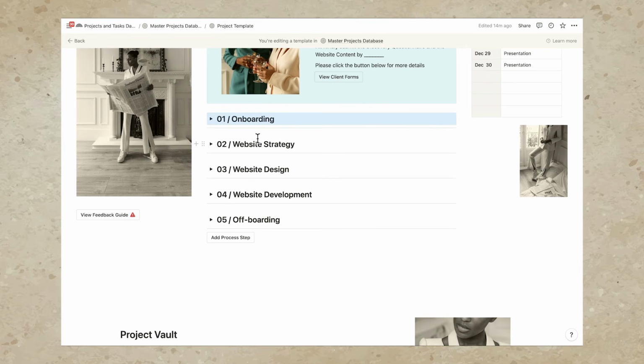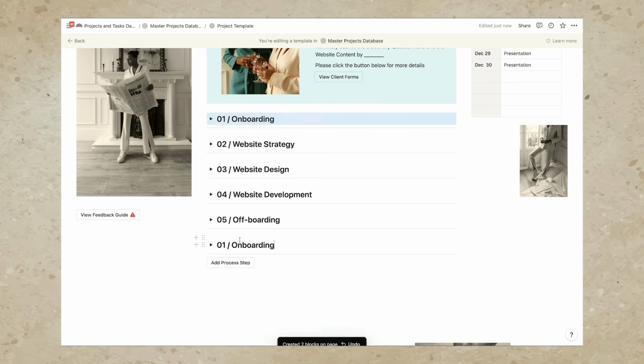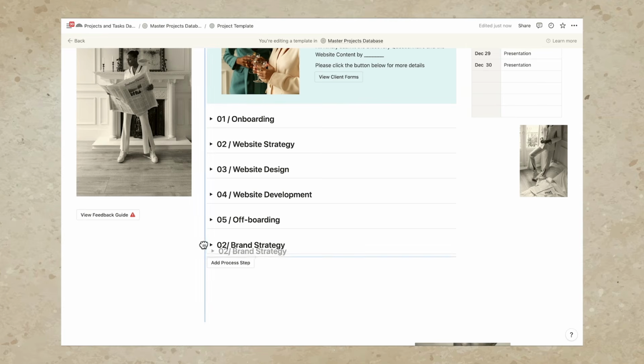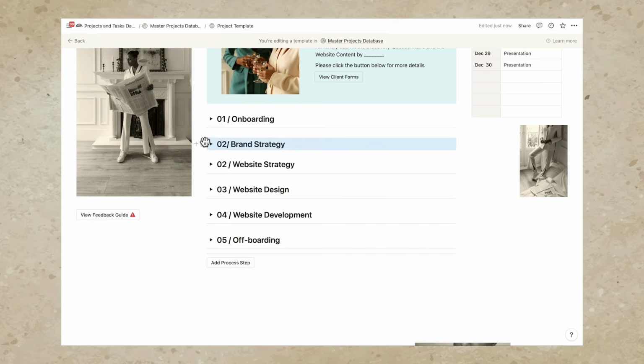But if you have any other main phases of your projects, feel free to just add a process tab by clicking this button. For example, if you have a brand strategy happening after onboarding, then this will be our brand strategy phase, and we can simply move this using the six-dot icon